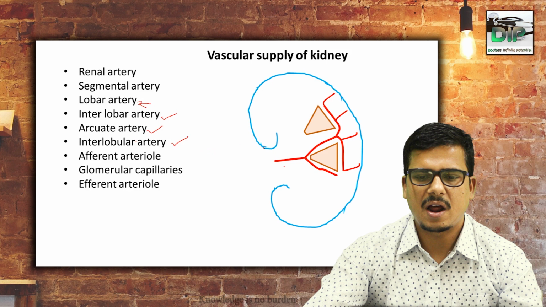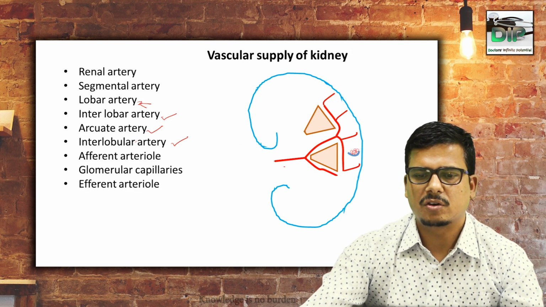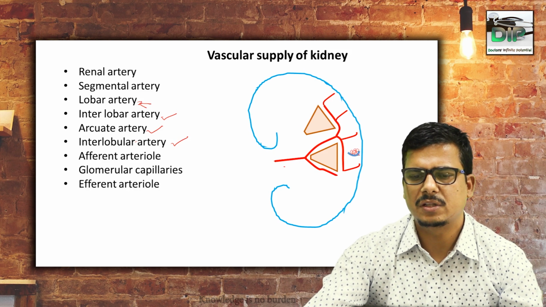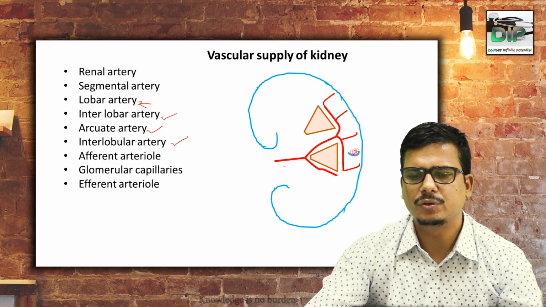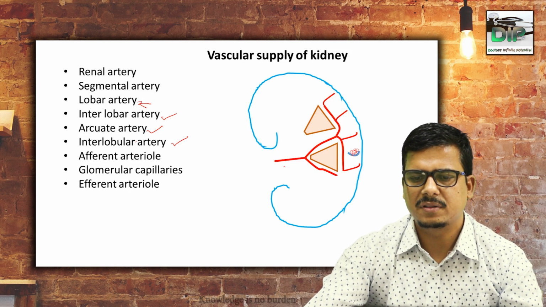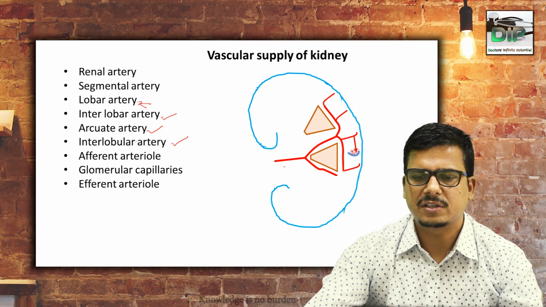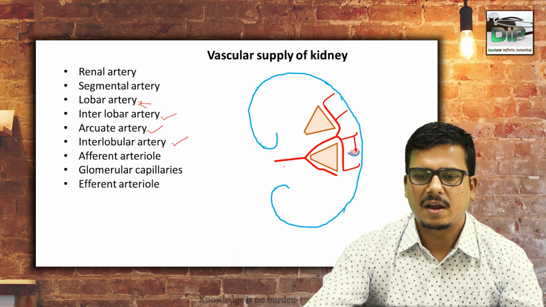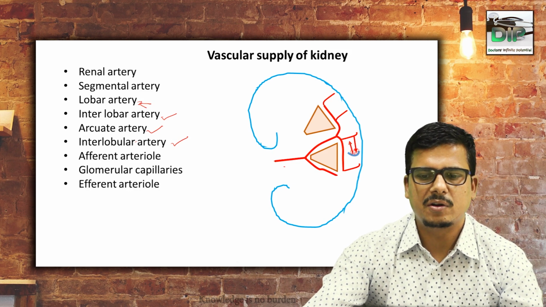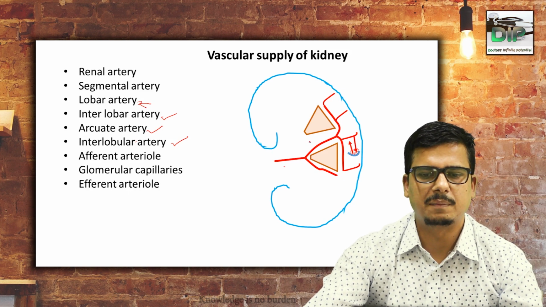From the interlobular artery, they give the afferent arterioles for the renal corpuscle. The cortex is rich in renal corpuscles. This is one of the renal corpuscles I am going to show you. We'll discuss it later, but for now, you know that it is constituted by the Bowman's capsule and different capillaries. These arterioles divide and form capillaries called glomerulocapillaries, and from the glomerulocapillaries, the efferent arteriole arises. We are going to follow this efferent arteriole in the next diagram.